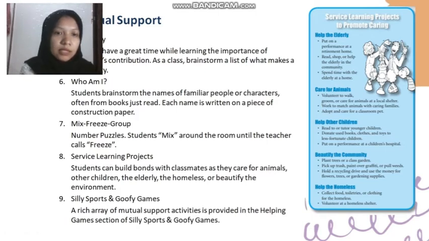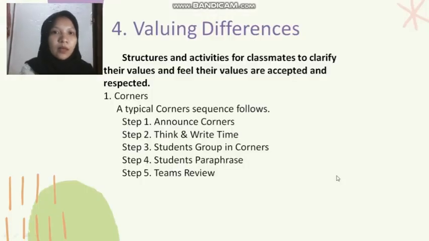The next is silly sports and goofy games. This is the service learning projects to promote caring. There is helping the elderly, caring for animals, helping other children, beautifying the community, and helping the homeless. The fourth point is building differences: structures and activities for classmates to clarify their values and feel their values are